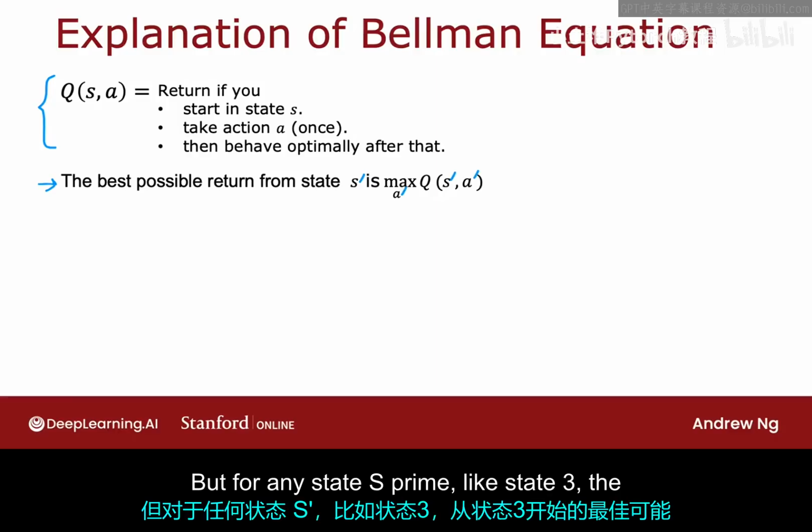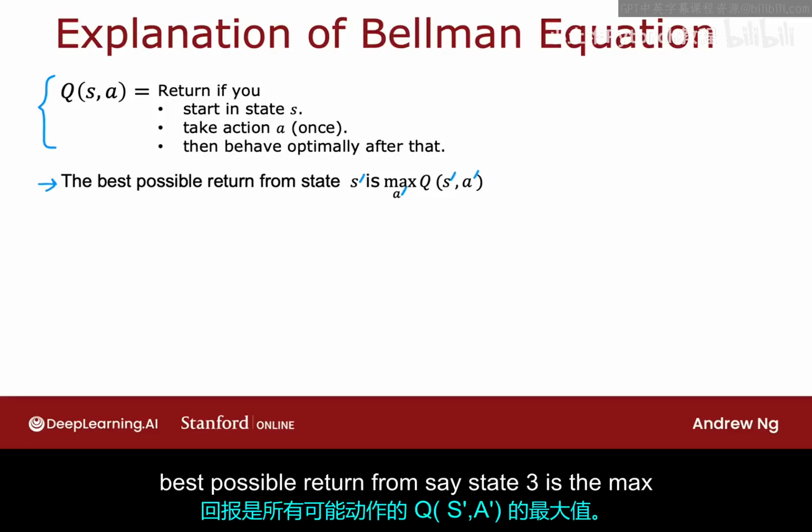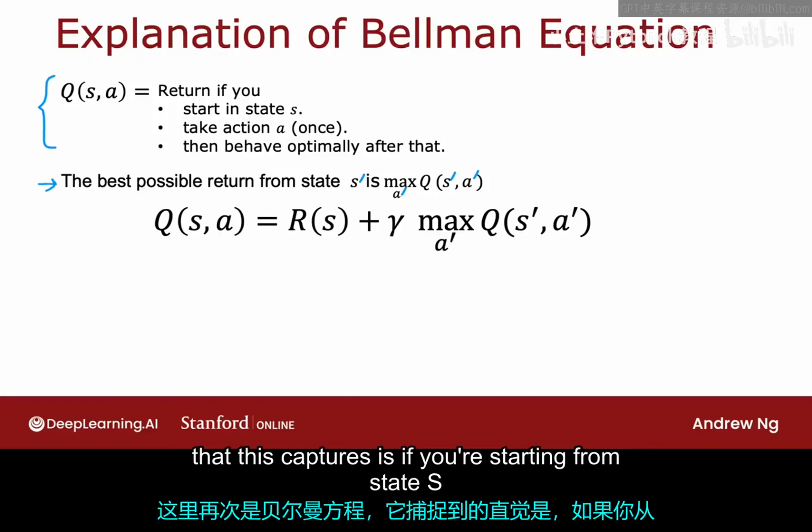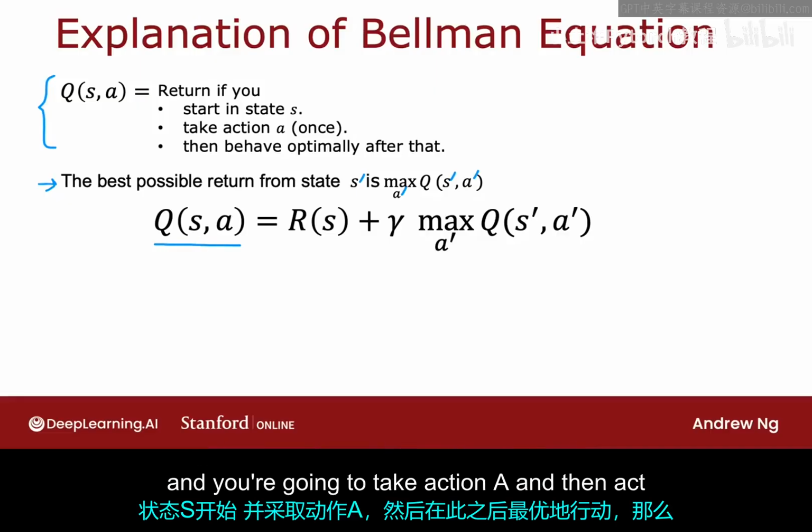But for any state S prime, like state 3, the best possible return from, say, state 3 is the max over all possible actions of Q of S prime A prime. So here again is the Bellman equation. And the intuition that this captures is, if you're starting from state S and you're going to take action A